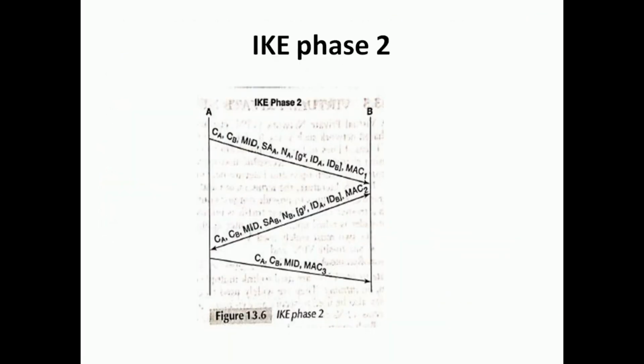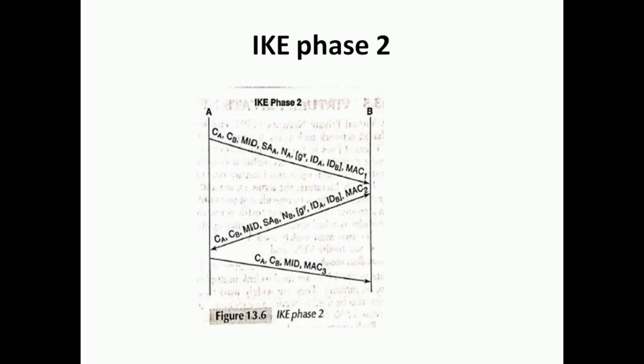Next is IKE phase 2. This IKE phase 2 is used for authentication and encryption as part of the IPsec SA. 2 parties participate in the IKE phase 2 exchange in order to establish a new IPsec SA. Either party can initiate this phase, in which the cipher suite and the key that comprise the new IPsec SA are agreed upon. So 3 messages are exchanged in quick mode in this IKE phase 2.